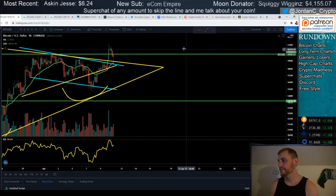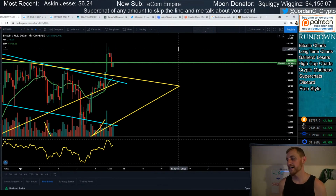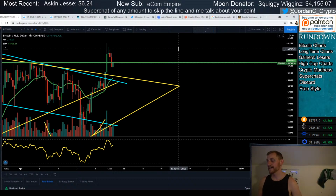All right, we got the 4-hour close in 1 minute, guys. So let's keep it on here. Let's see where the 4-hour close ends up. It's gonna probably get pretty volatile here. Hopefully we can get back above 59,836 before the close. That would be pretty good. But